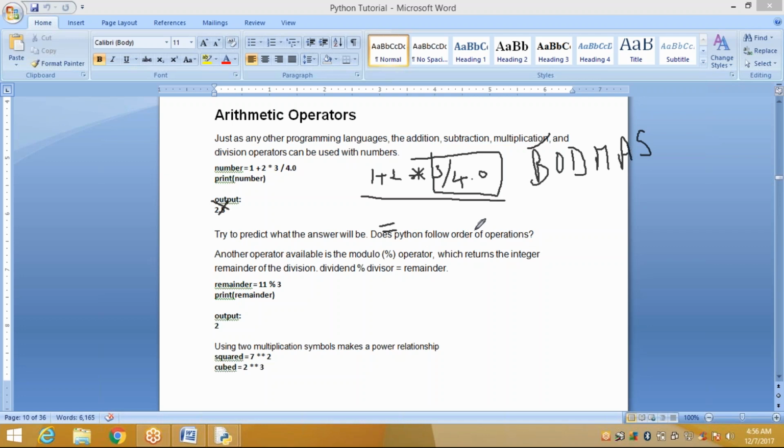0.725, 0.75, 0.7 something. Okay. Into 2.